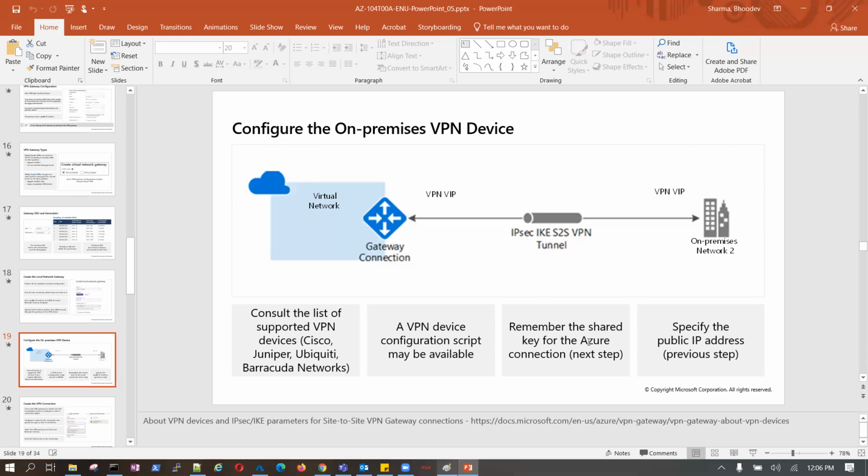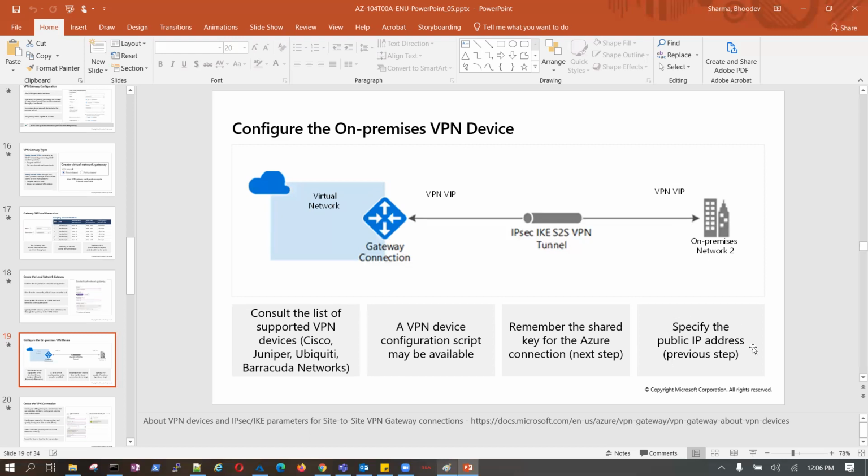Remember the shared key for the Azure connection. Next step. This shared key is nothing but a pre-shared key. If I'm using 1, 2, 3, 4, 5, 6 here, I must be using 1, 2, 3, 4, 5, 6 here.